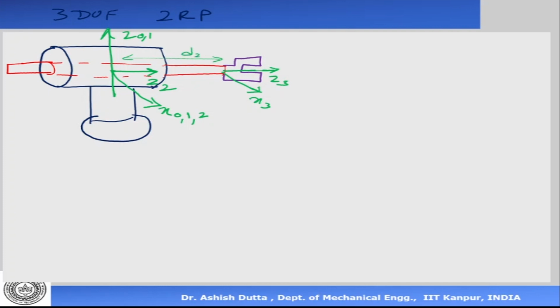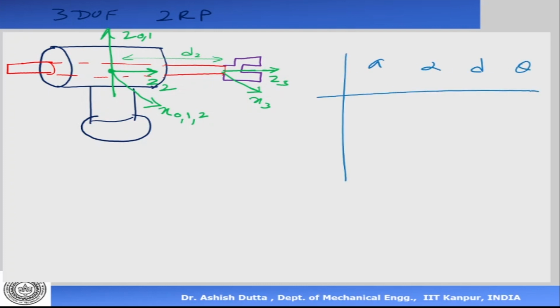Now I have taken the origins of 0, 1 and 2 here for convenience. The 0 and 1 origin could have been here like this, that's also okay. But then a distance here will come then. It doesn't matter, it has to be considered in the DH table. I'm just simplifying it by saying that the origin is here now. Now let's write our DH parameter table. Let's look at this carefully and write a, alpha, d and theta.